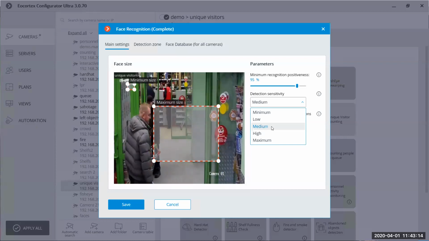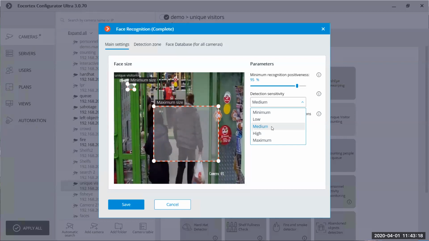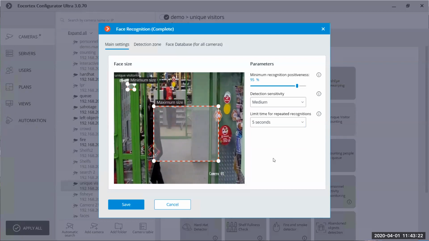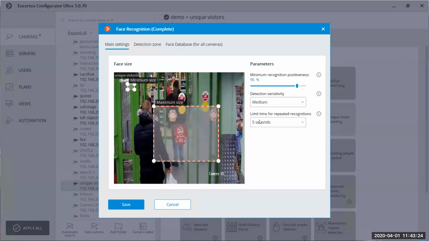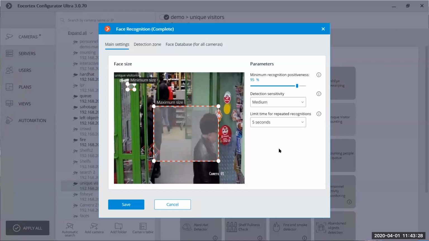If you see that some of the faces are not being detected, then you can raise the accuracy, and if you need to reduce some load, then you can also try to set it as low or minimum.